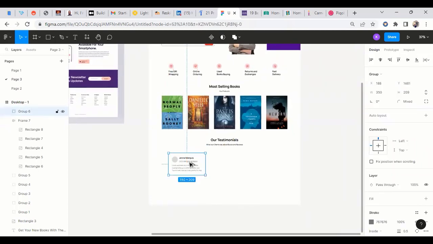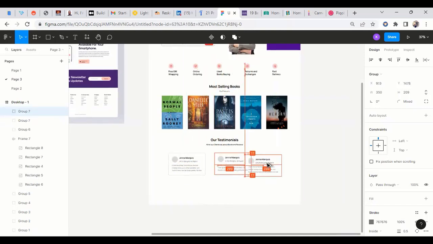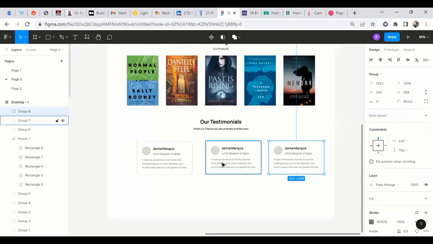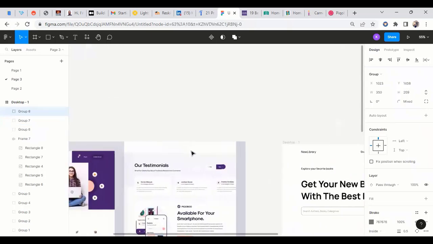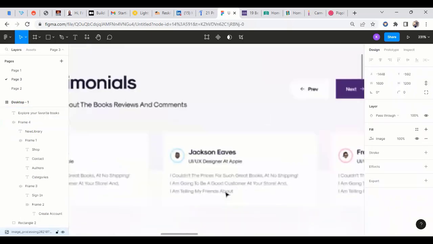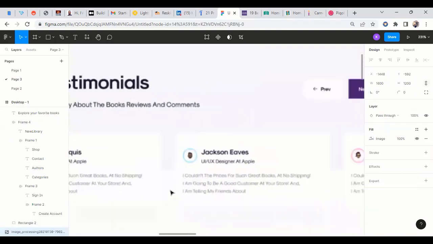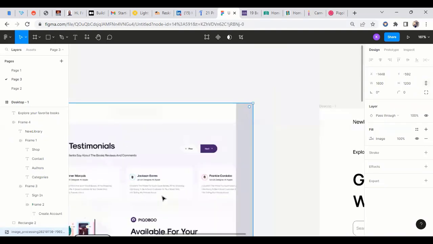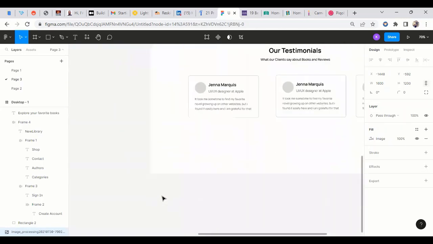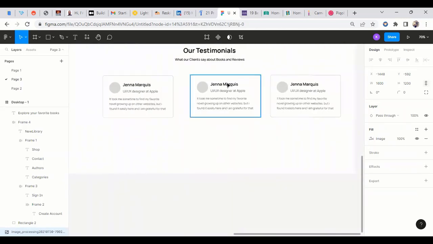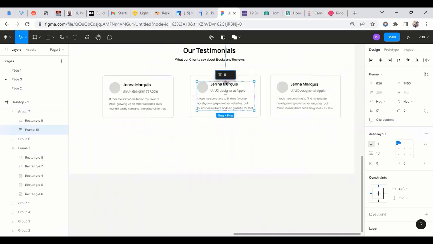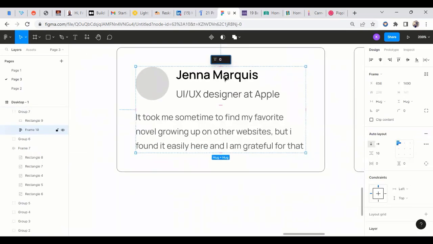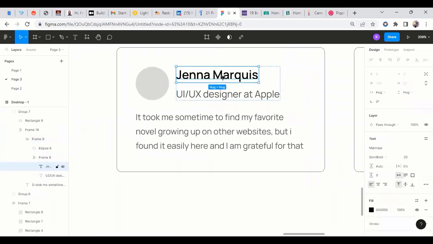So yeah, we could now replicate this, maybe make it 3. Yeah, so replicate this, make it 3. So eventually what you can now do is just change the name and the role. So we have, well, this is almost still the same thing. So let's just change the name. We could leave the other text inside, since they are dummy text. But let's just change the name here. So let me edit the name here. So let's have Elizabeth